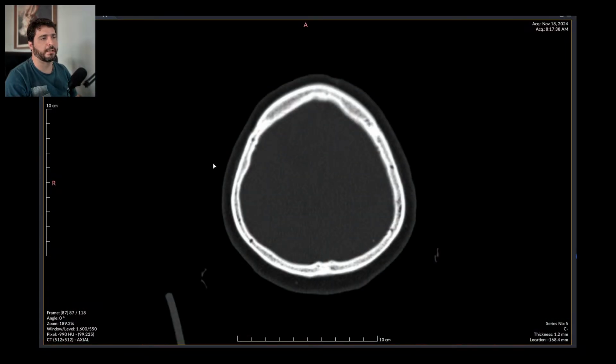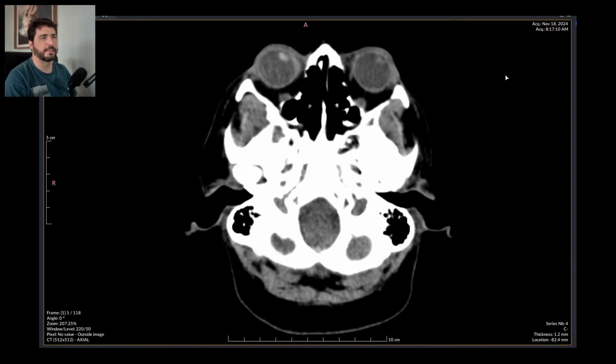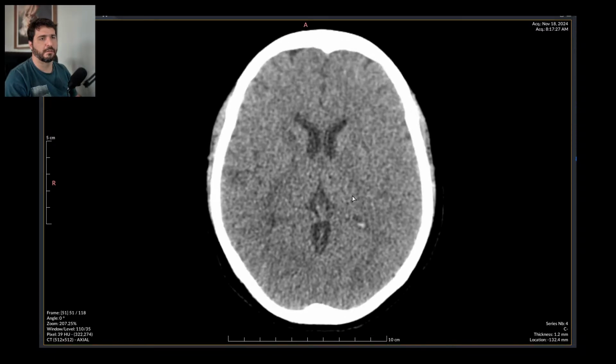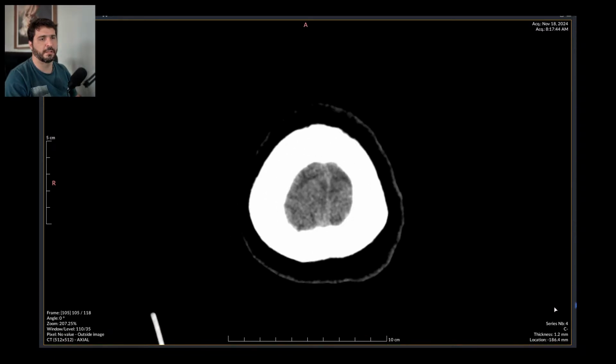It says she wasn't feeling well. She felt very bad, very subtly, very unexpectedly 2 days ago, and now she got a brain CT scan that was done on a very old